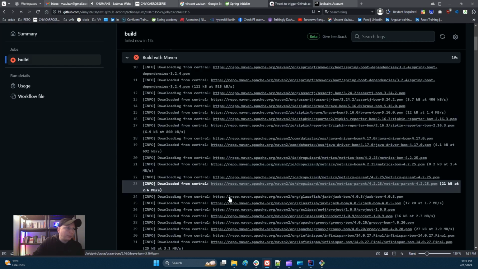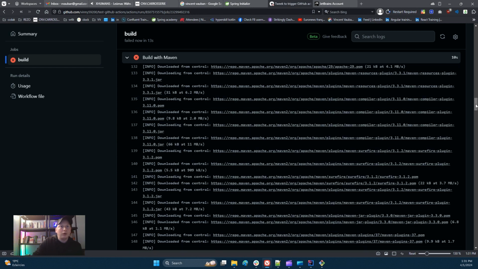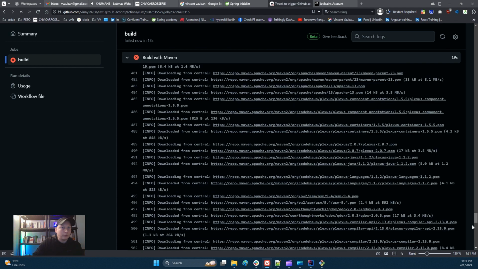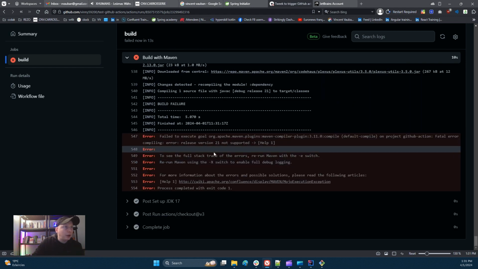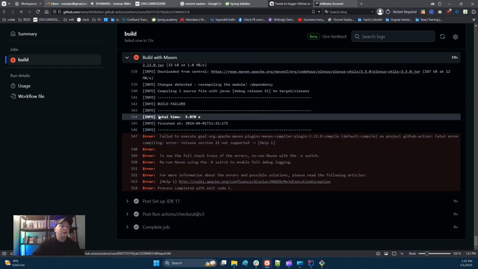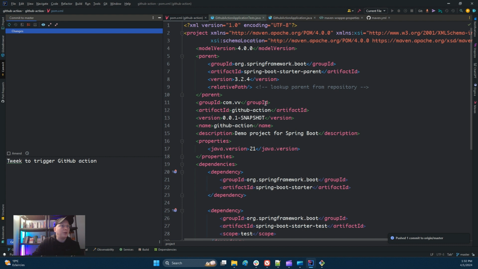What is the problem? Let's check this. So we scroll to the bottom and: failed to execute Maven plugin, project fatal error compiling, with version 21 not supported. Okay, so this is because I have used 21 and it is 17.